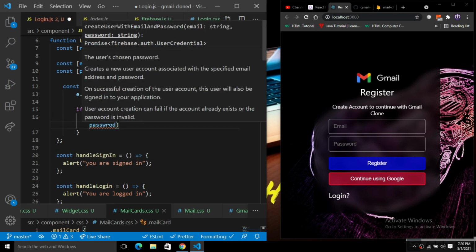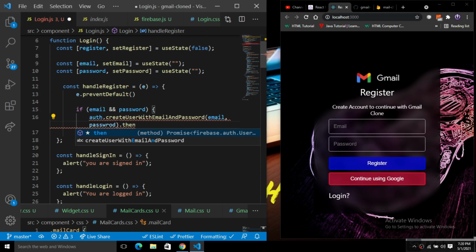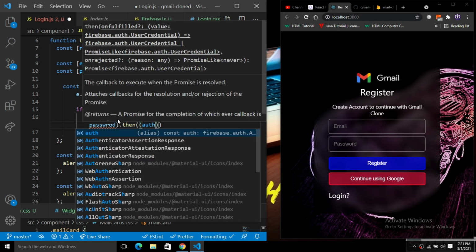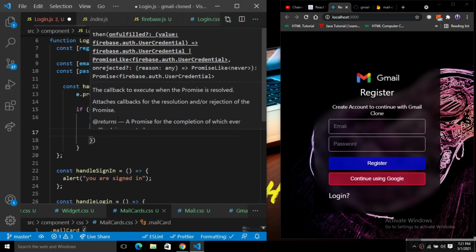Then it is a callback function. Basically the callback function will return something here. And it is a promise, basically it is just a promise here. It just returns us an object. So we have this auth object, and here we will simply put it down.